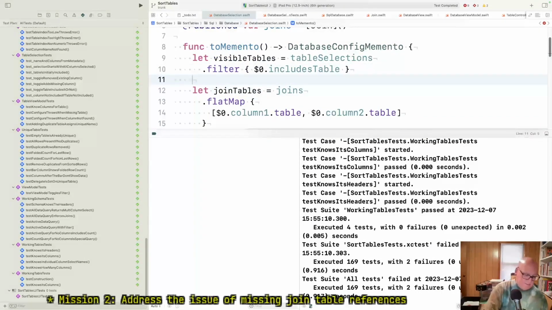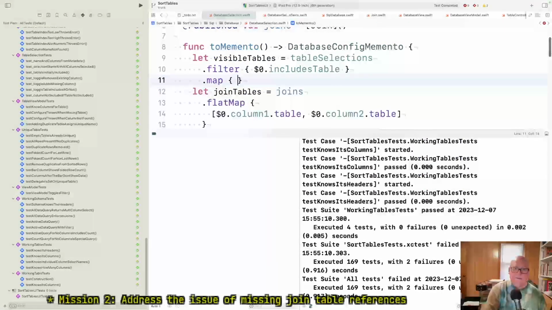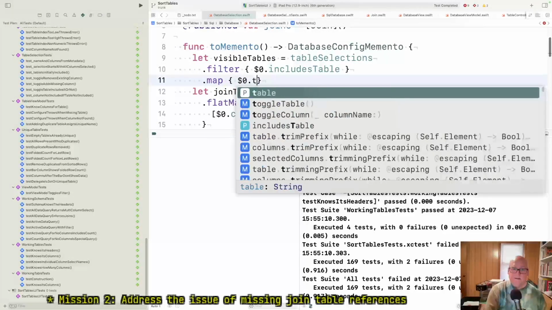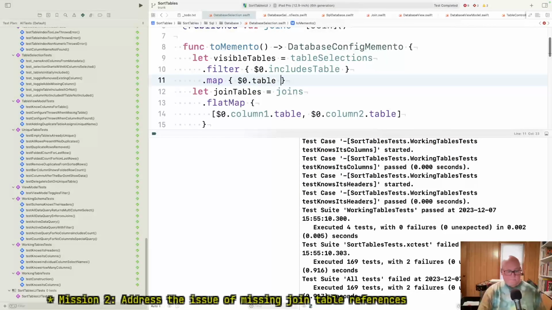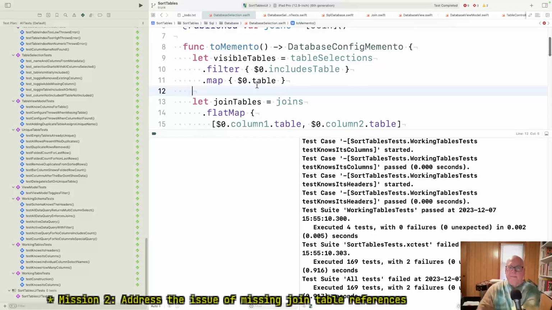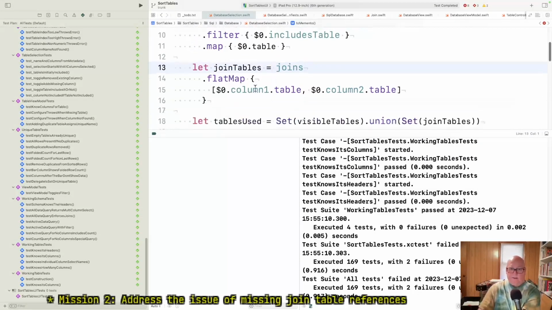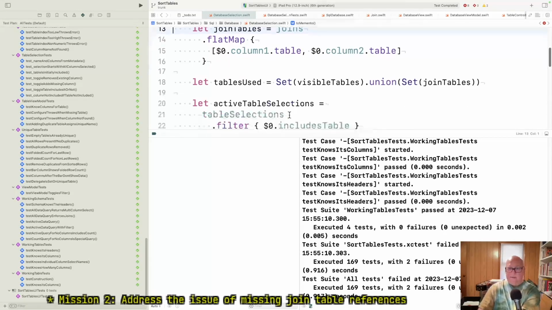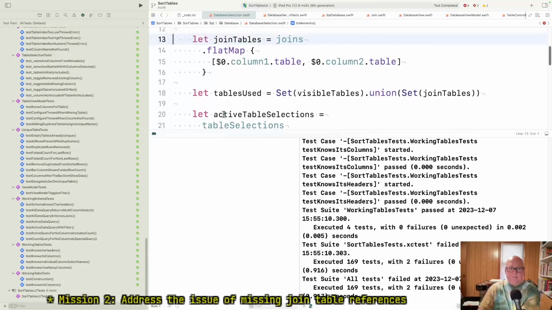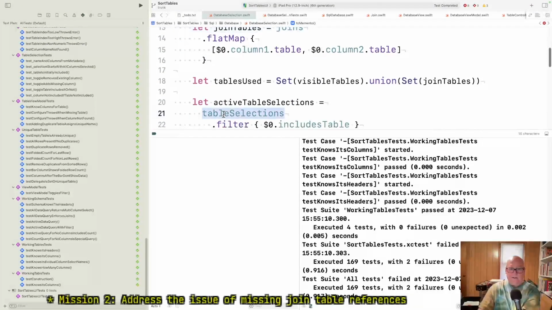Filter, map $0 dot table. Okay, take the tables, get the ones we're using, get their names, then take the joins, get the tables used by the left side or the right side, map them together, make everything into a set. All right, and then this is